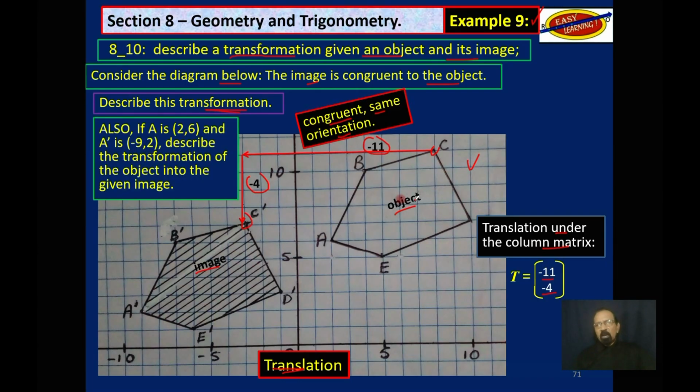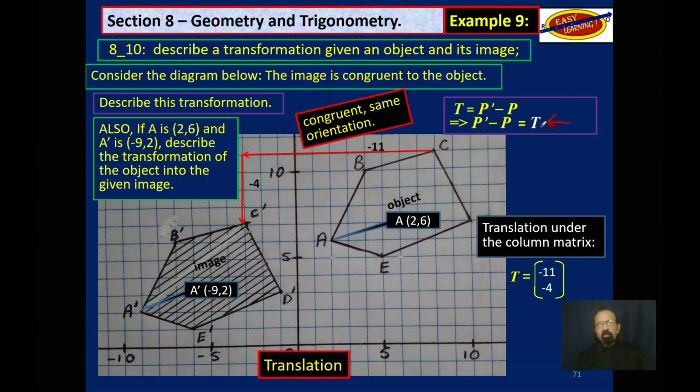However, if you are not given this diagram and you are given a point on the object and the corresponding image point, you are to describe the transformation given that it is a translation. In other words, what is the translation vector? So this point here is 2, 6. This point here, which is the corresponding image point, is negative 9, 2. We use this equation here, substitute the coordinates we are given this way. P prime, which is that,